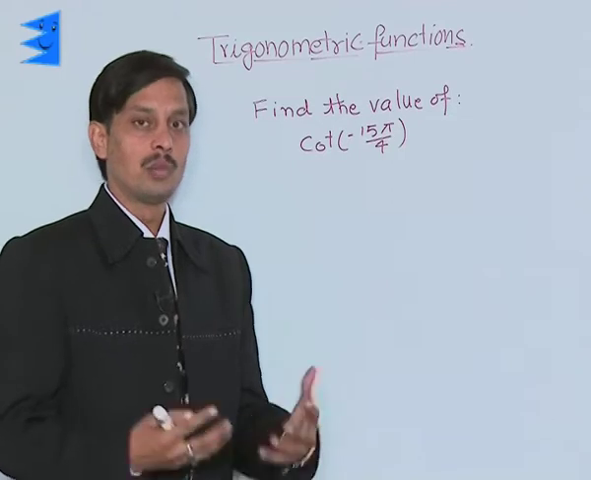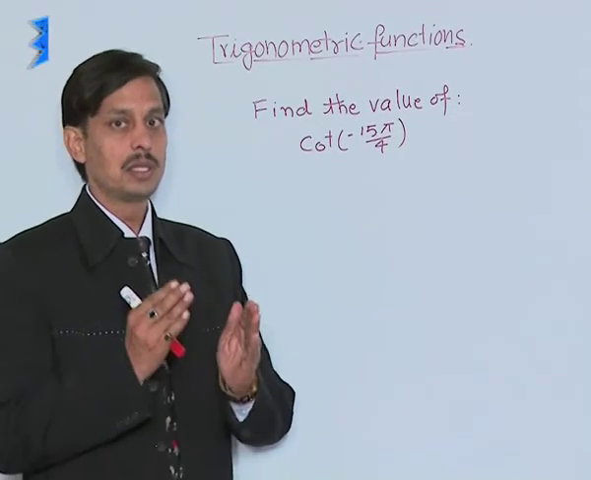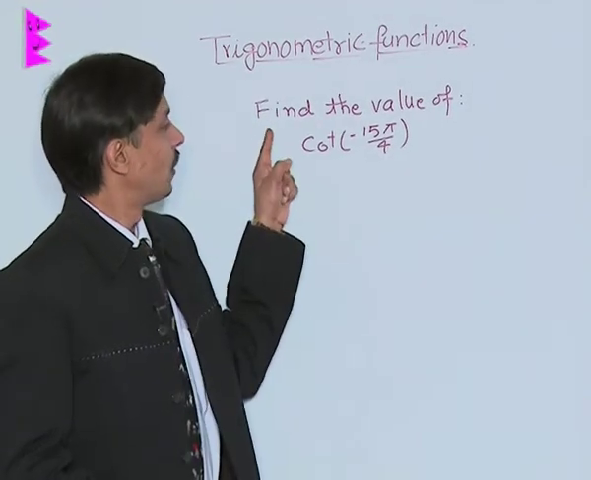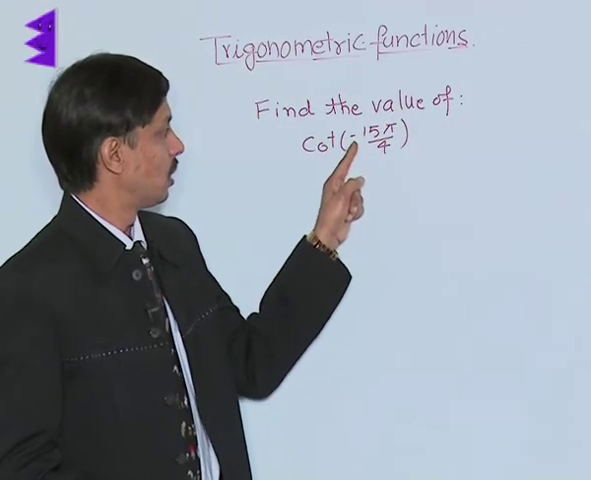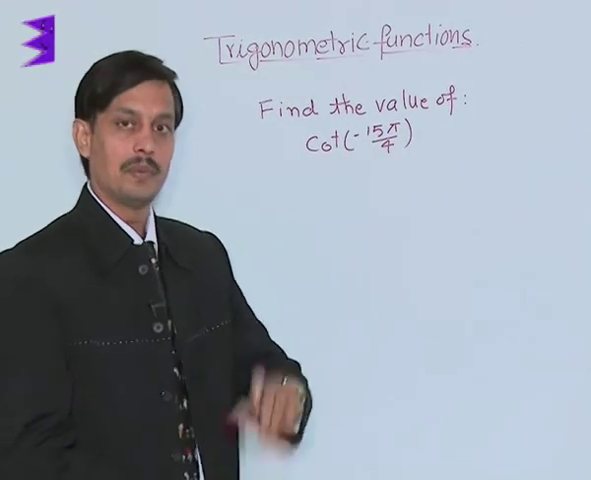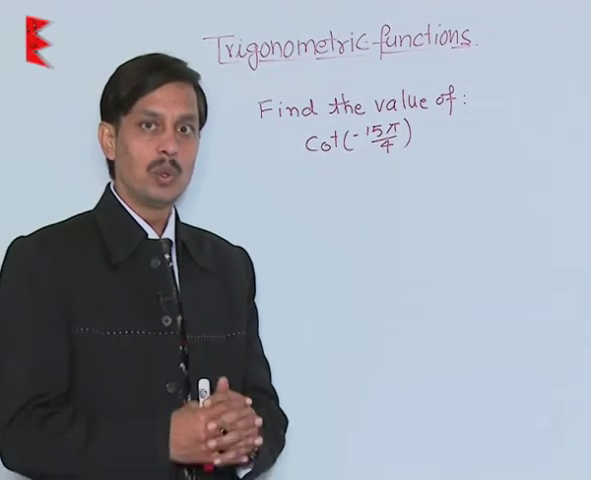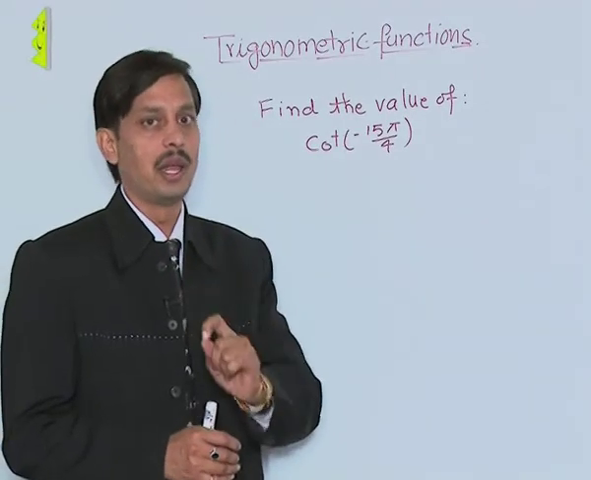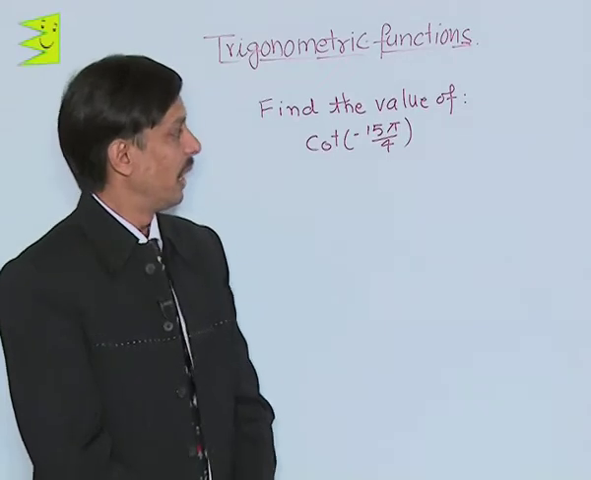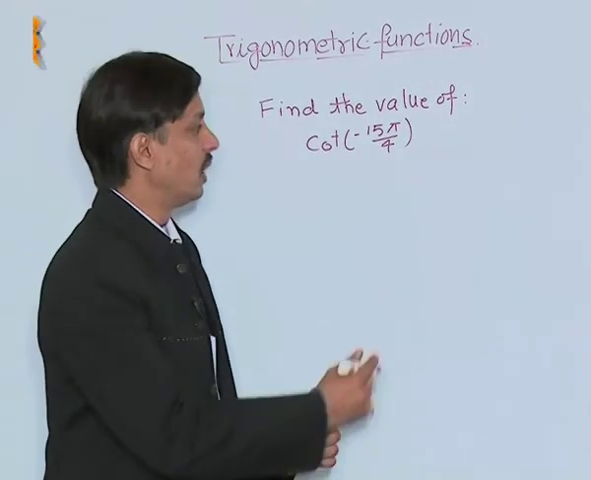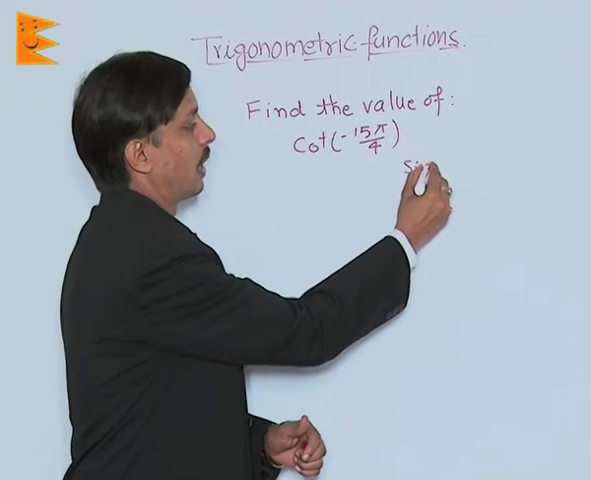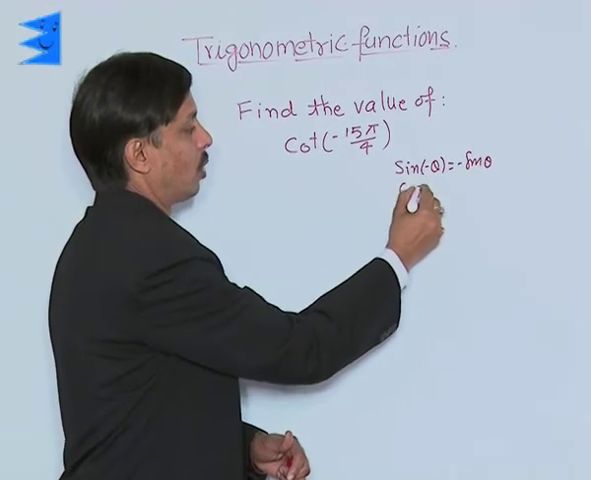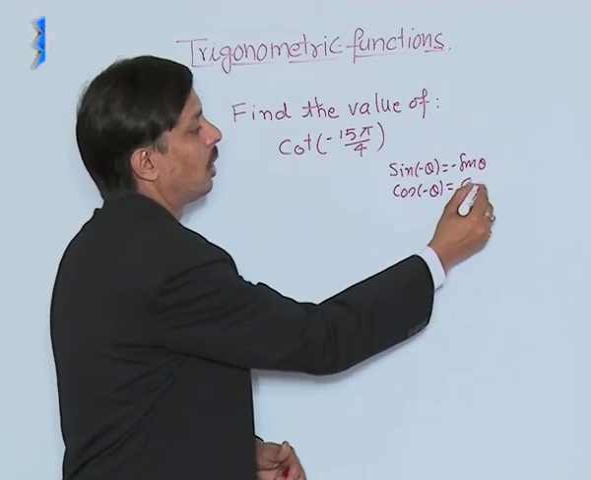Now I want to take one more example where the circular radian angles have been involved. The question is, find the value of cot of minus 15 pi by 4. As usual, you know that first of all we must remove the negative sign from the angle, and for that it is made clear that the value of sine of minus theta is minus sine theta, and cos of minus theta is only cos theta,